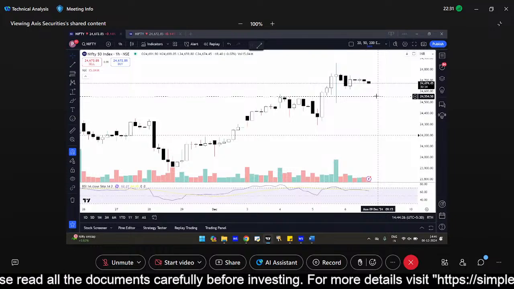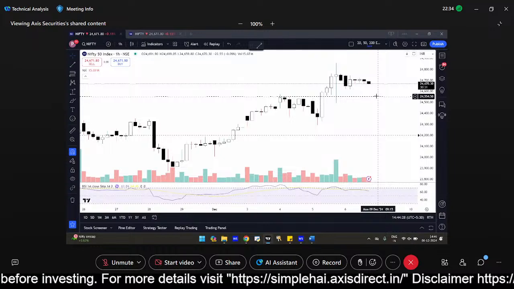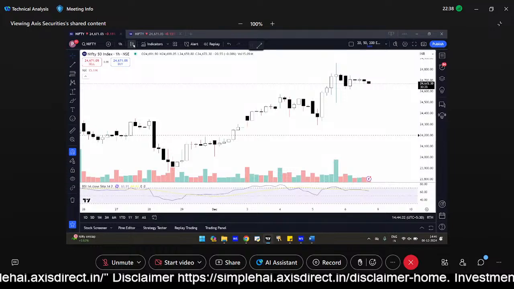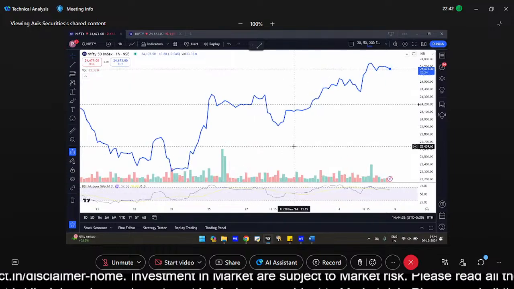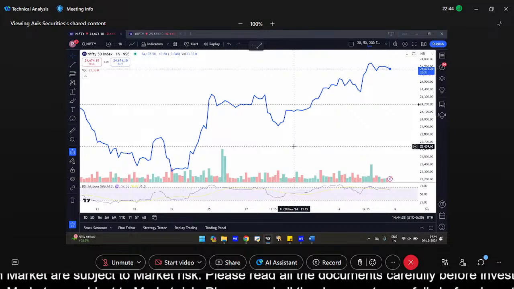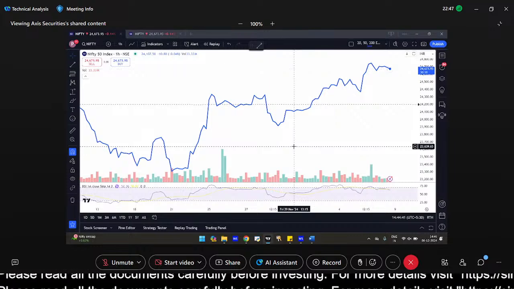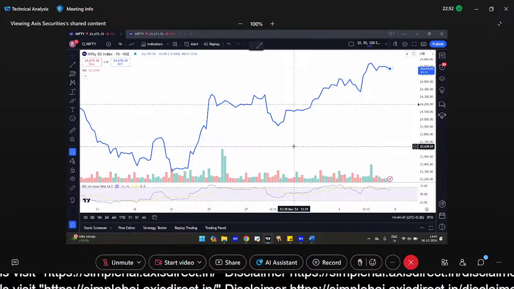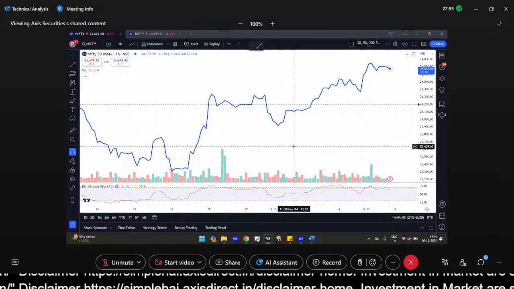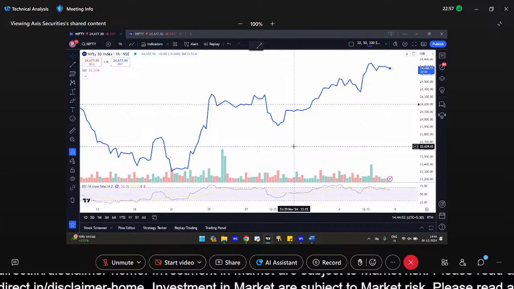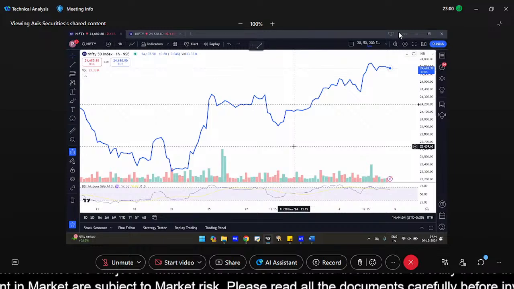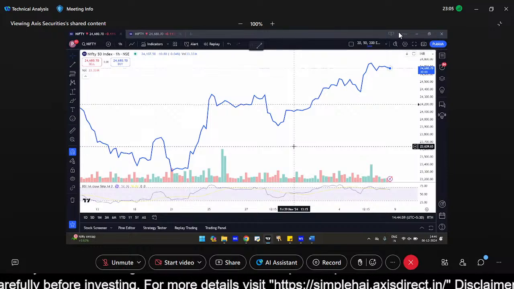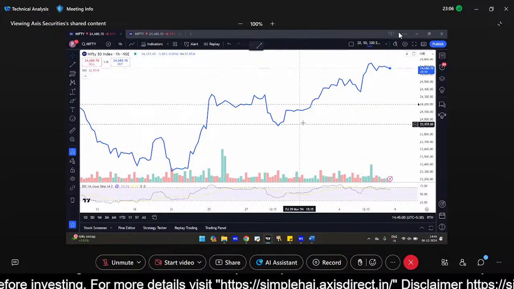So now that we know there are 4 data points, we'll look at the type of charts, the commonly used charts. Whenever you say chart, you might be very familiar with the line chart. You have made these charts in school too. We have seen these charts on multiple occasions. But can someone tell me what is special or what is missing in this chart when you compare it to candle charts? Now candle charts, I am assuming almost everybody who is pursuing technical analysis knows what a candle is. The chart we showed just now was a candle chart. What is the basic difference between the candle chart and this chart?